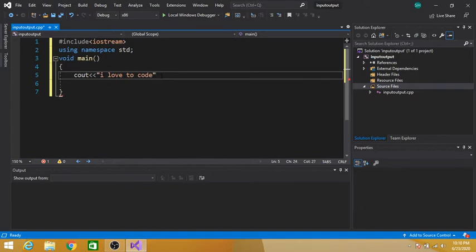And then a semicolon. Each and every statement in C++ language ends with a semicolon. This is the syntax. If we do not put this semicolon, then the compiler will show us an error. See here, the red dot means there is an error. And when we place this semicolon, the error is gone.